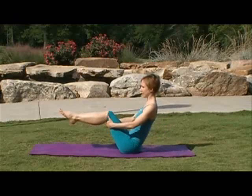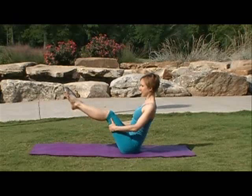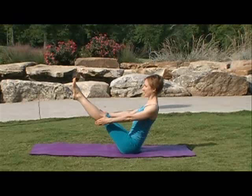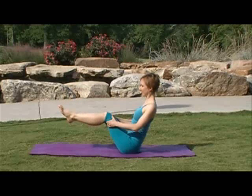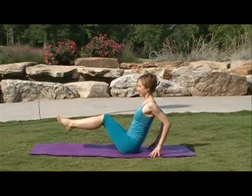Compact your legs and straighten your legs. Extend from the backs of the knees in two directions. If you can balance with your hands by your sides, do so. If not, keep the hands on the knees or the knees bent. In either position, keep the chest lifted. Now release your legs to the ground